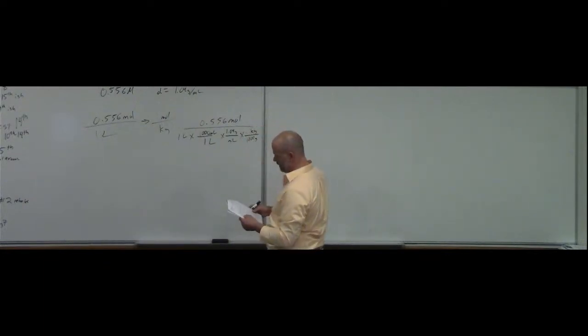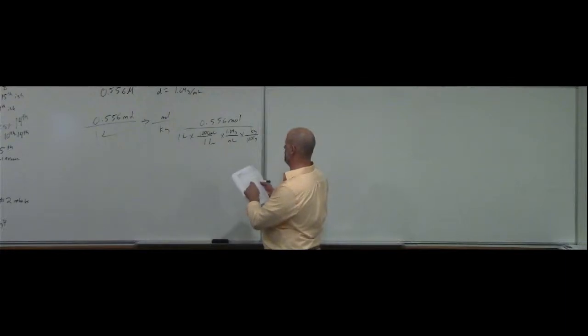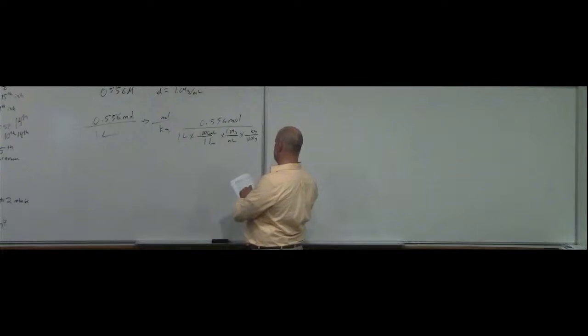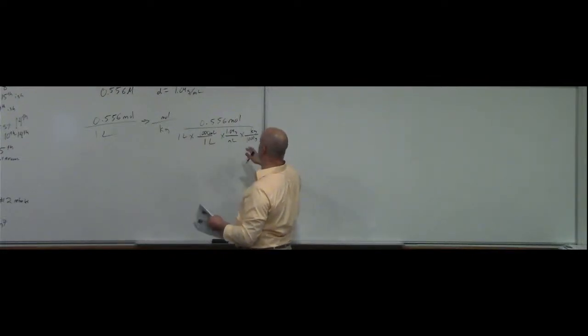Okay, make sure I'm not skipping a step. I haven't solved this one yet. Liter times its density times 1,000 gives me my kilograms. Okay. Now this is going to give me